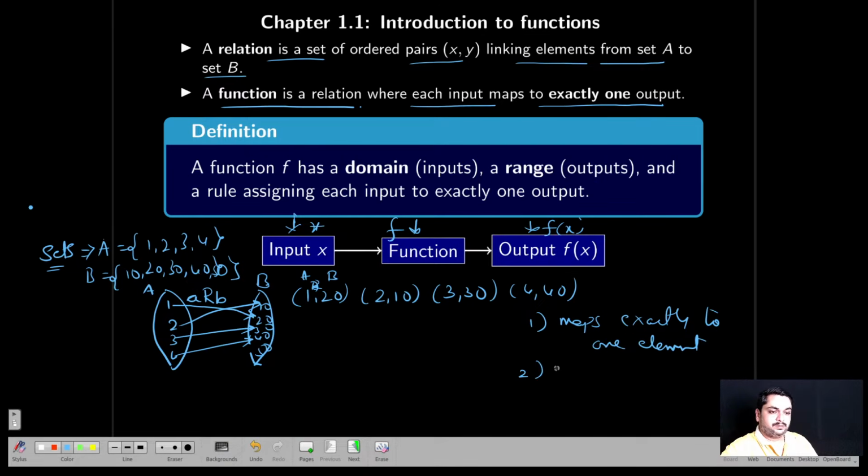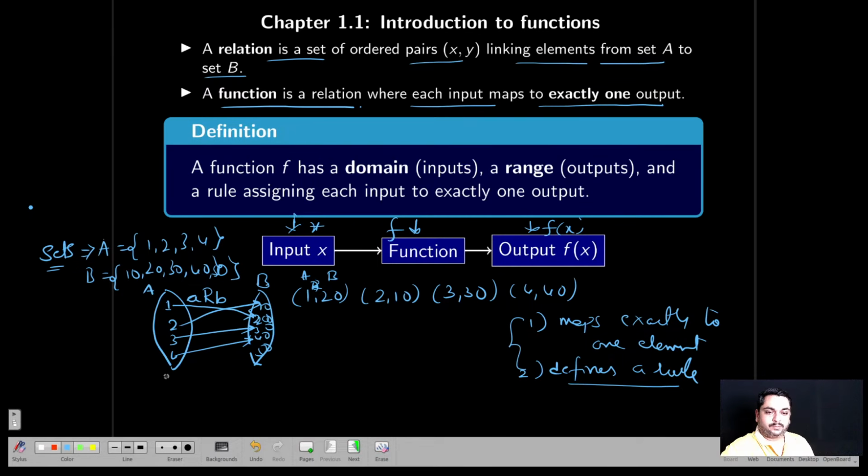The second thing is the function defines a rule. See, rule means what? Mapping. So 1 has to be mapped to 20. That is the rule. Some rule I will give. So it also defines a rule. It maps exactly one element, and which element to map is defined by a rule. So that is exactly the definition of a function. A function is a relation. A relation is nothing but ordered pairs relating the elements of two sets. And a function is a relation where each input maps to exactly one output, and the function defines a